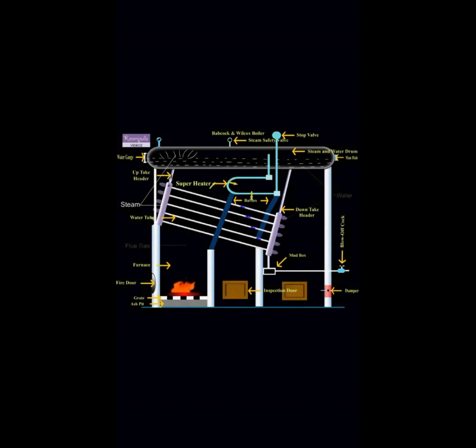So in this video you can clearly see the figure is similar to the figure provided in the notes. It's the same figure. You can see the flow of hot gases and the flow of water with the help of the arrows provided in different colors. You can see the formation of steam over the liquid water surface level. The water circulation in the boiler is indicated with blue arrows.